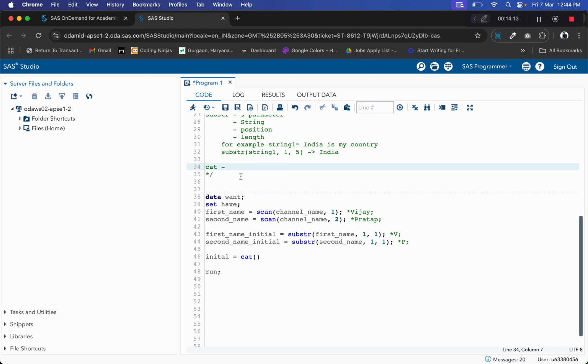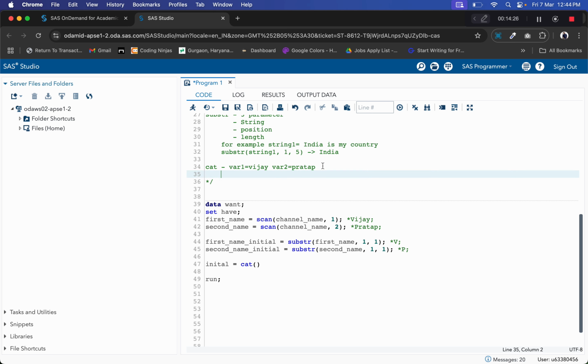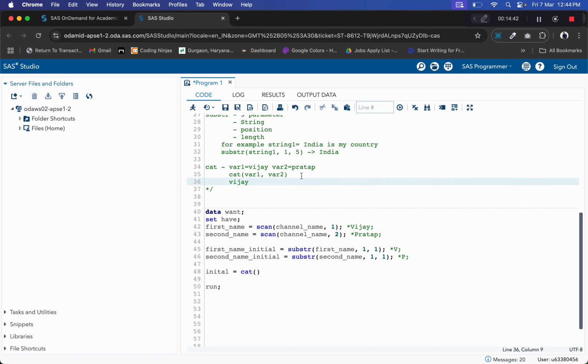If I want to combine two things, like suppose I have Vijay and Pratap, and these two are in variable 1 and variable 2, I can do this simply by using the cat function. So if in cat I pass var1 comma var2, this cat function will take Vijay here and Pratap here, and it will combine these two together and we will get Vijay Pratap.